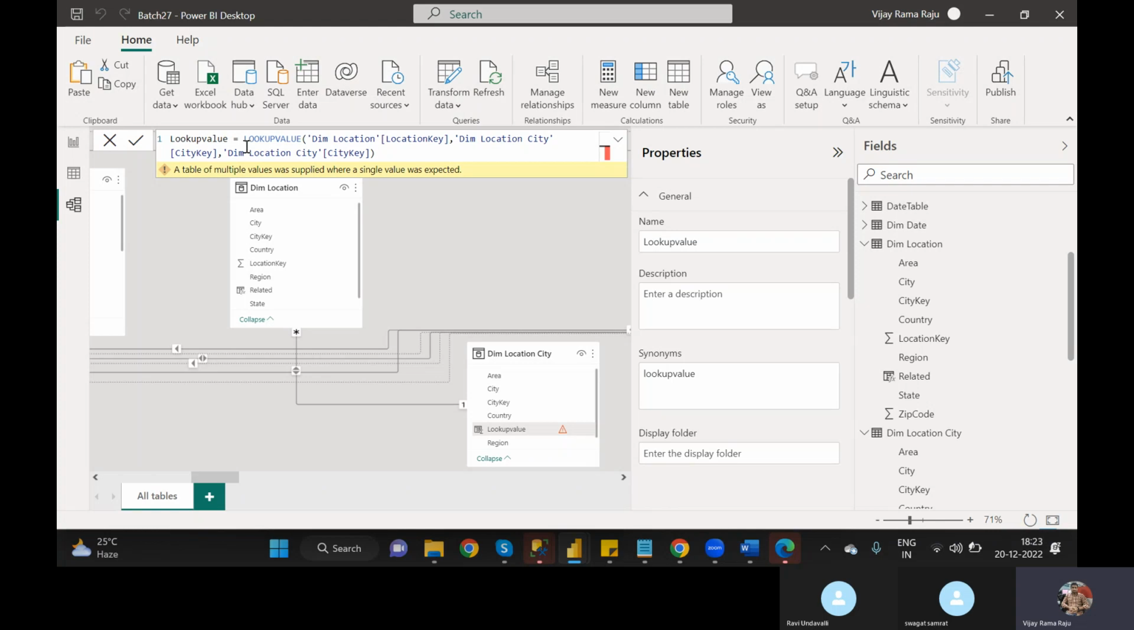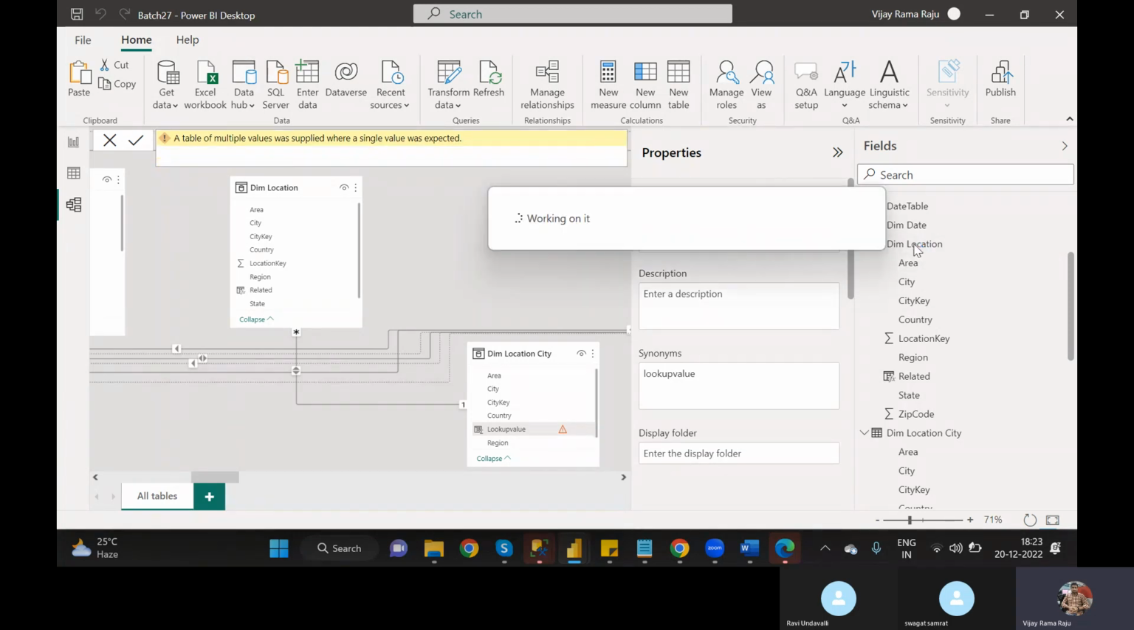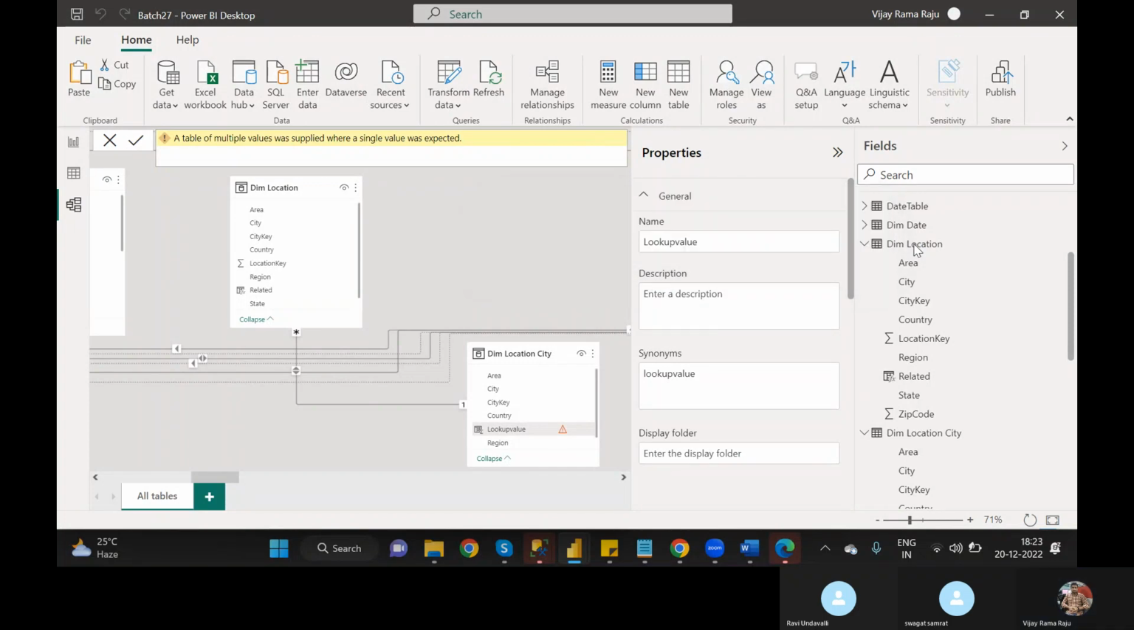But here the dim location and dim location city have duplicate values. Duplicate values cannot be passed. Suppose the same function, if I want to apply it in the dim location city. Okay, dim location. If I want to apply it to the dim location,